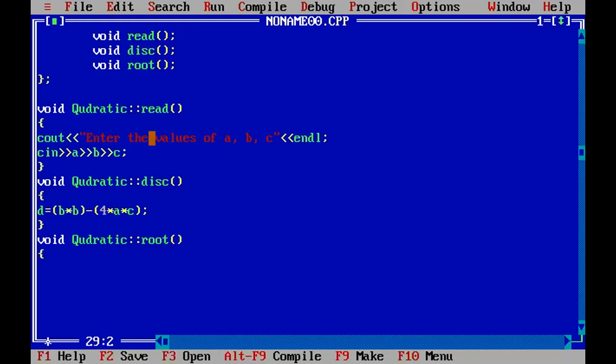To define a member function outside the class, first and foremost, you are supposed to declare it within the class definition and then define your member function outside the class using the data type of the member function, then the class name and then the name of your member function. The same thing I have done here: data type of the member function, class name, scope resolution operator. So these two are your scope resolution operators, and this is the name of the member function. The same thing I have done for root.